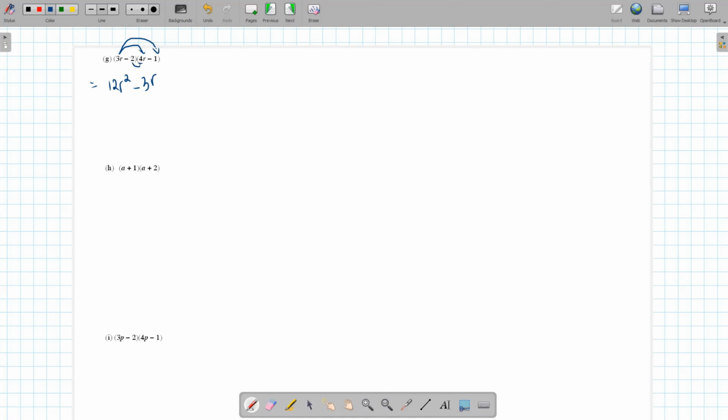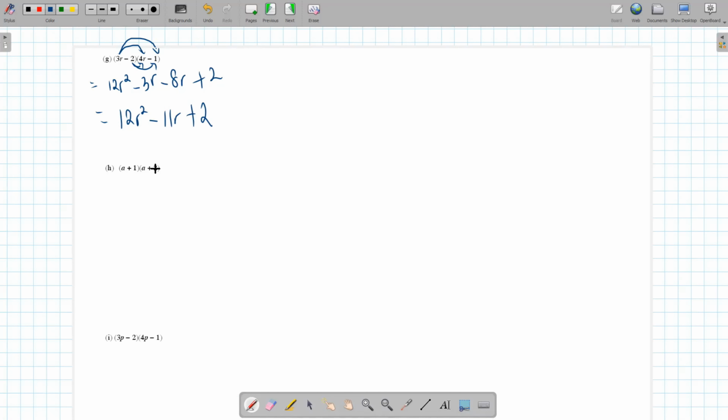Then we repeat for the second term in the first bracket. Negative 2 times 4r, we get negative 8r. Negative 2 times negative 1, we get positive 2. Remember what I said just now? If you have like terms, we simplify. So 12r squared, negative 3 minus 8, we get negative 11r plus 2. Okay, so next,